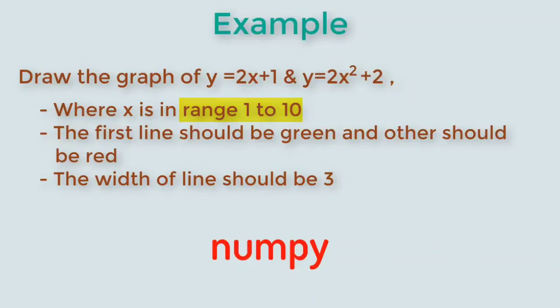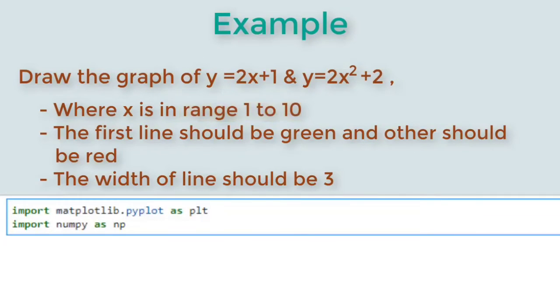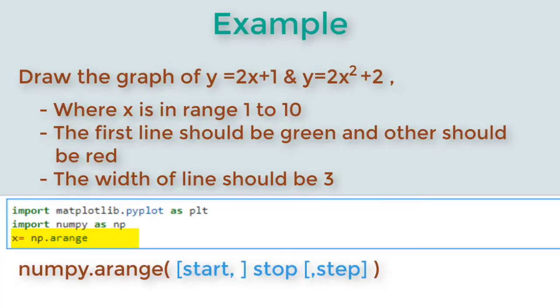For the range function we can use the numpy module. See the code: x equal to np.arange(1, 11), because I want the series 1 to 10. Start, stop, step: you all know that step is by default 1 and the stop value is 11. When we use 11, it stops at 10, 1 less than the given stop value. You all know this is the rule to create the given range of numbers.